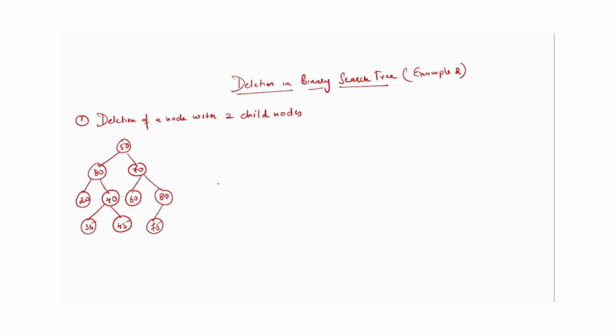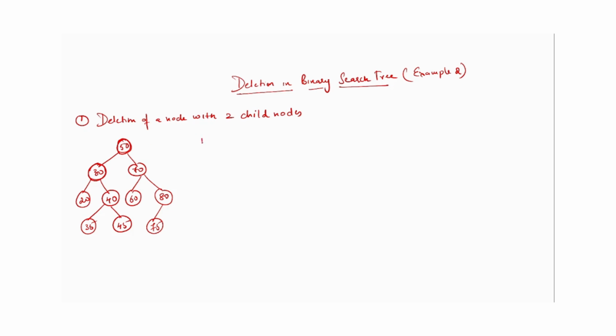Let us look at another example here. The example I am using is the same tree, but let us look at another example where we delete another node. In the previous example we deleted 50. We replaced it with the largest element of the left subtree, or we replaced it with the smallest element of the right subtree. Now what happens if I try to delete 30? 30 is the root node,